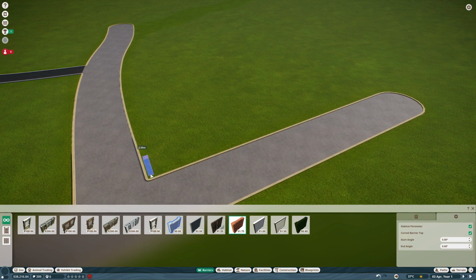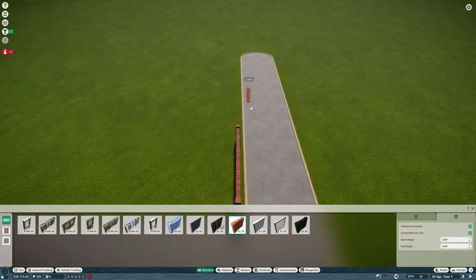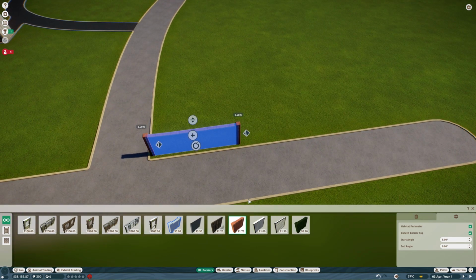Oh, I accidentally did that. That was an accident. There we go. And what I'll do here is make sure they're about 3 meters tall. I think that's generally the... I can't do 3 meters. I've done that. Hang on. I can do this. There we go. And the reason why I do 3 meters is generally that's what